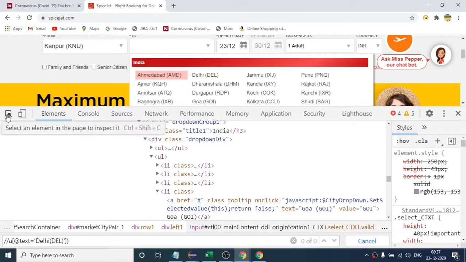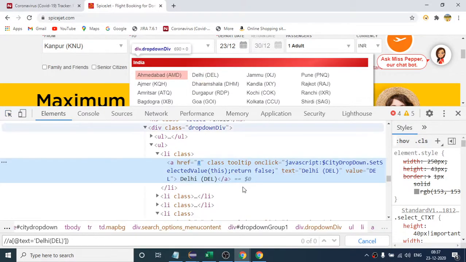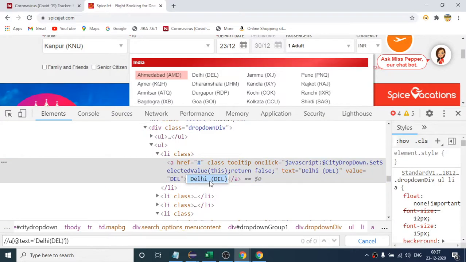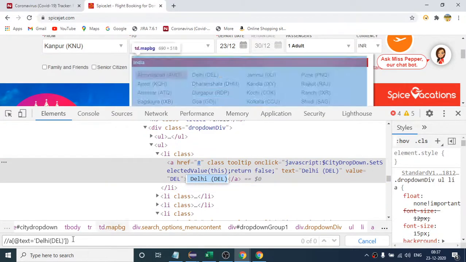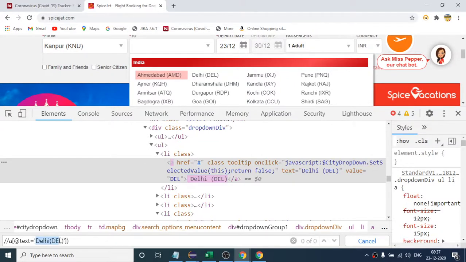So let us see what the XPath is for that. Right, so this is the one. I think some space is present before and after, so it is taking like that. So paste this text. Okay, so Delhi is present.